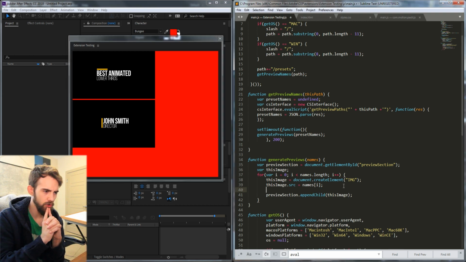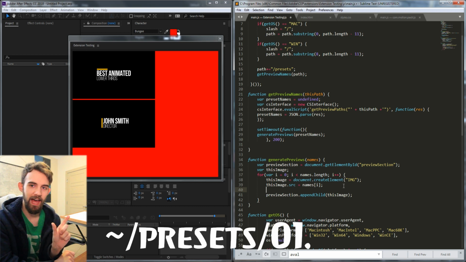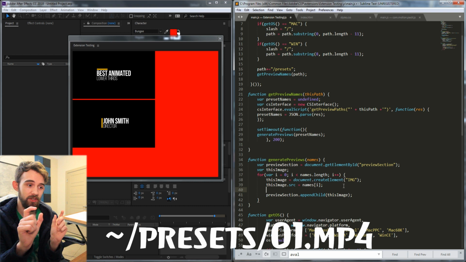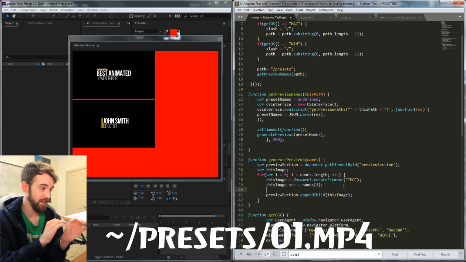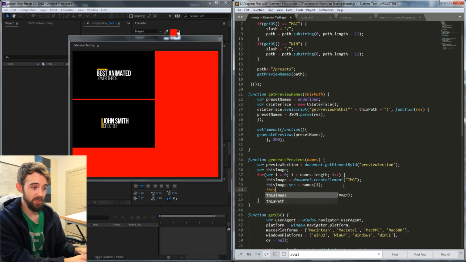So what I'm going to do is set up an ID for each of these images, which will contain the path, and then I can take that ID and just add maybe MP4 to the end. So when we hover over it, it'll take the ID of the image element, add MP4, and start playing the video. So what I'm going to do is say this image dot set attribute,